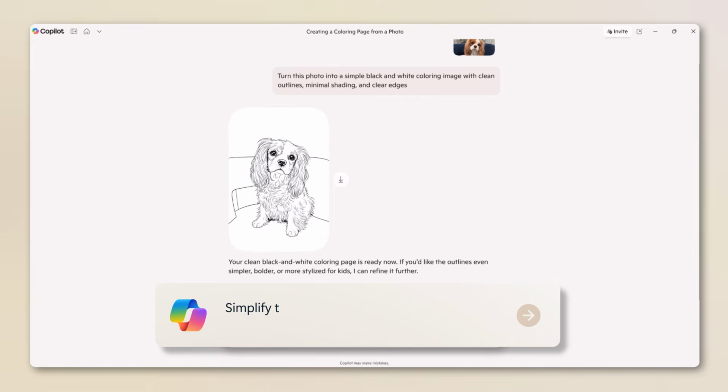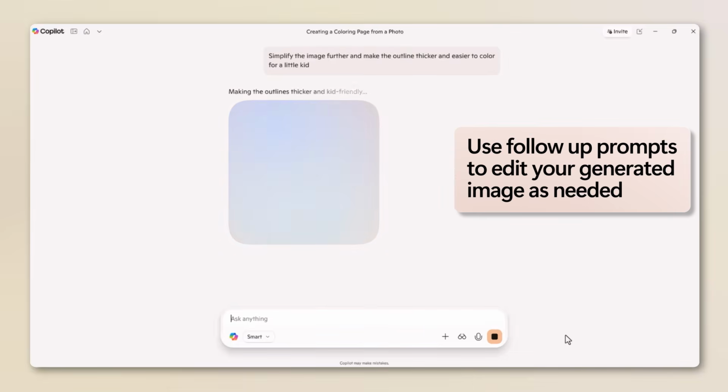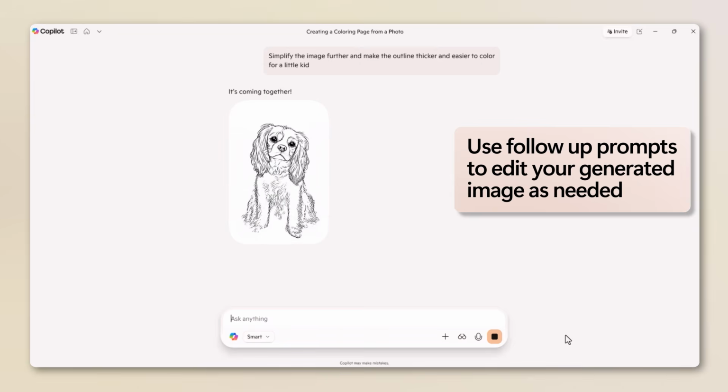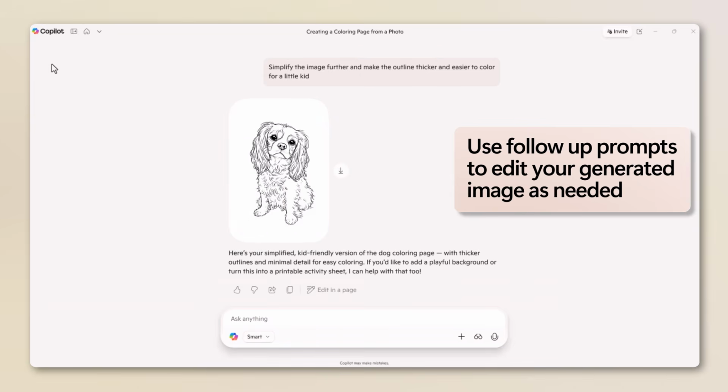If needed, you can continue to refine your image with follow-up prompts like, simplify the image further and make the outlines thicker and easier to color. Work with Copilot to get the image exactly how you want it, experimenting with different styles depending on who it's for. Now that I have my first image settled, I want to create a few more so she has some